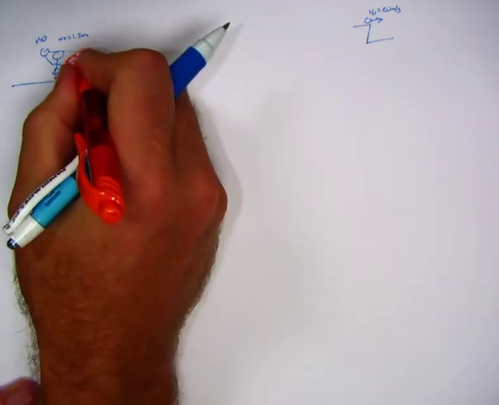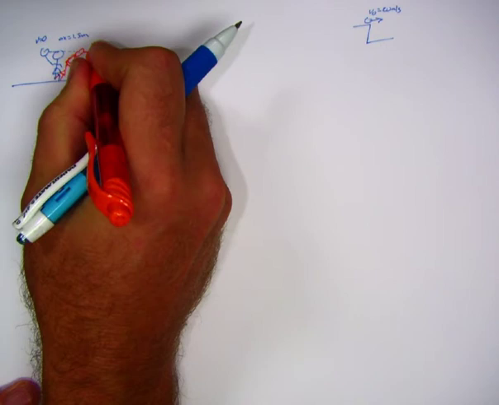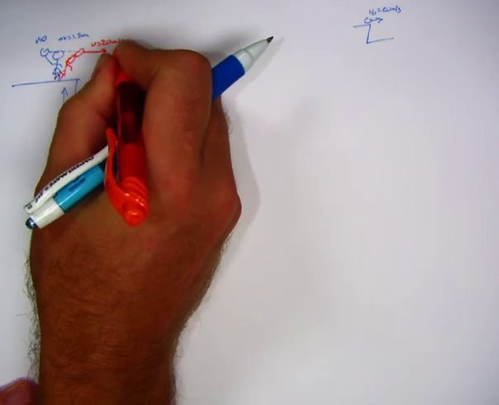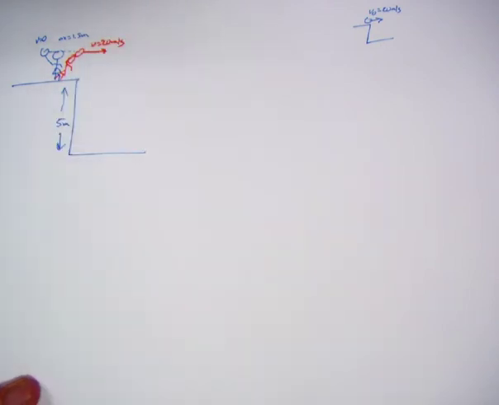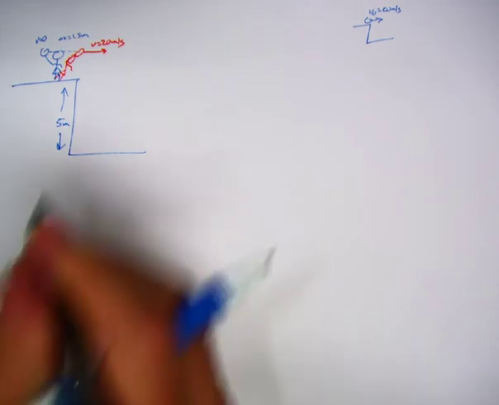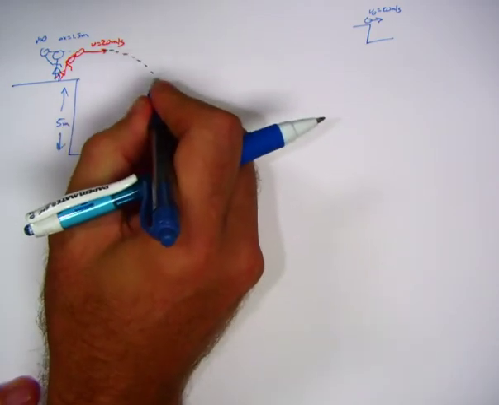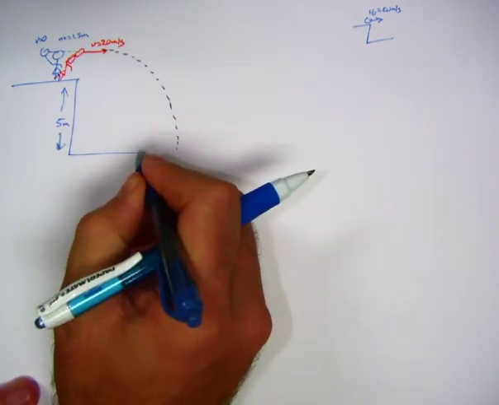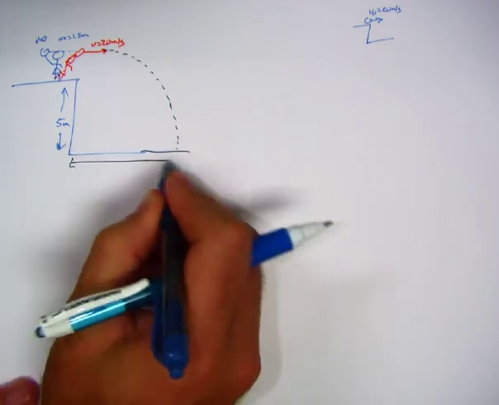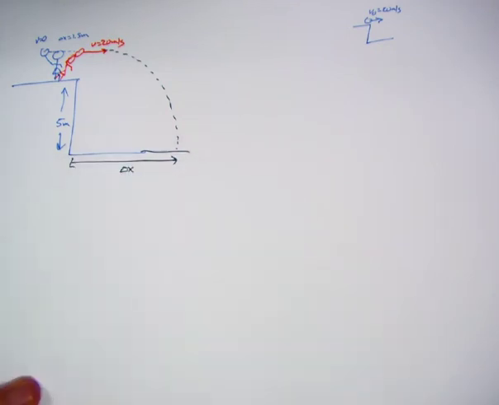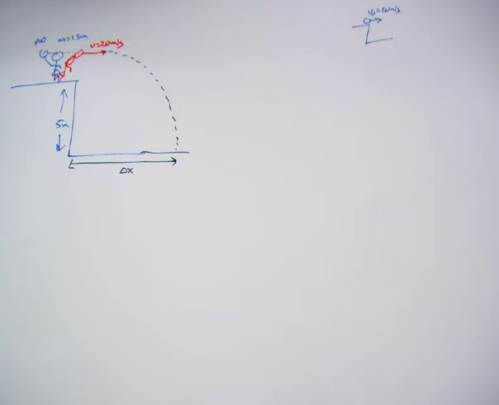At this point she lets go and the velocity is our 20 meters per second, and on launch the ball is going to land over here somewhere. Our typical question is going to be maybe where does this ball land. So the thinking is